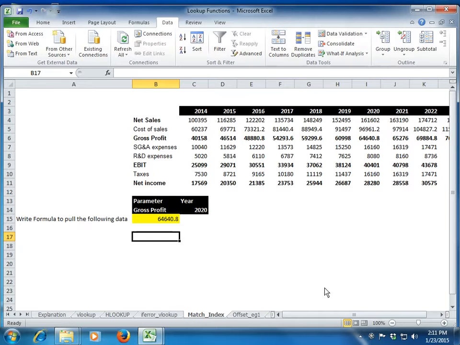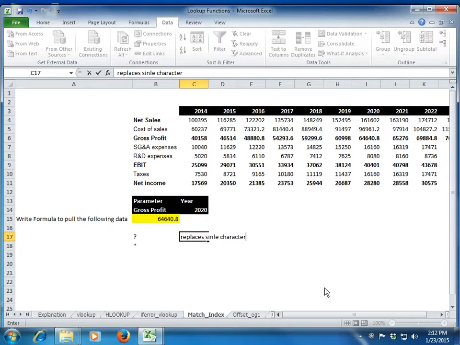Okay. Now let's further dig into the match index function, or rather the match function itself, and let's talk about something called wild characters. Yes, in Excel we have something. There are two wild characters which are most popularly used. One is your question mark and the other is your asterisk. A question mark wild character replaces a single character.